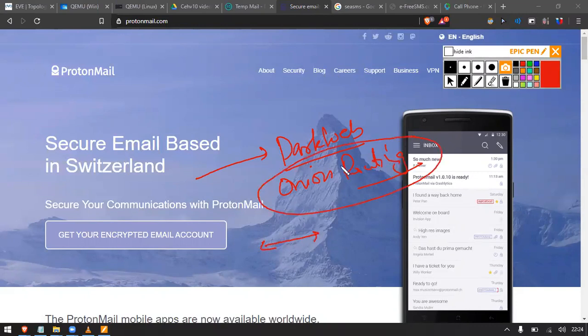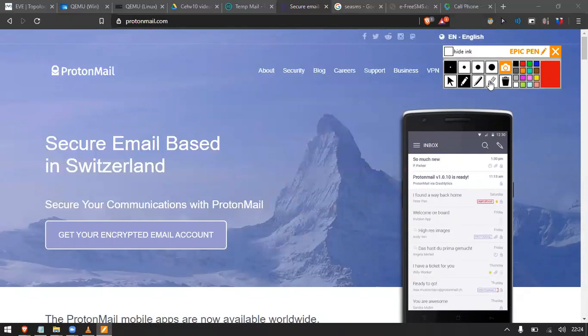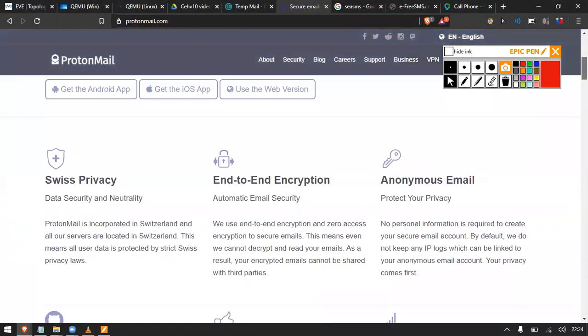It's Tor based. If you want to use the dark web, you have to download a Tor browser. It's completely based on that, which is why the email sending and everything is so secure. That's why many hackers have Proton Mail, and this can't be tracked.